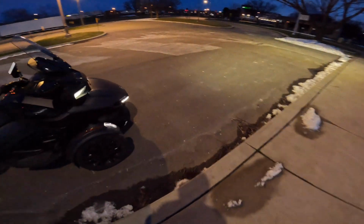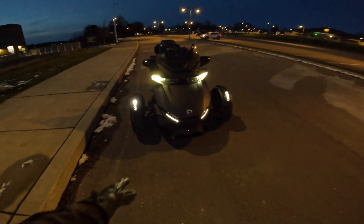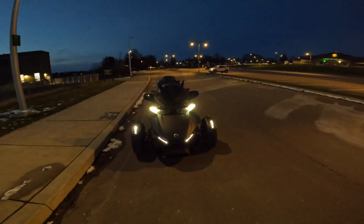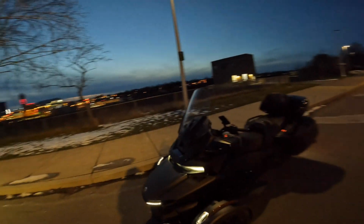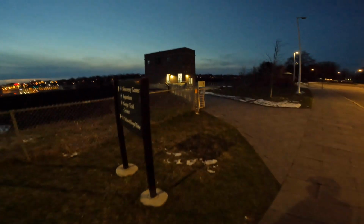Beautiful bike. I did not realize, I might have mentioned this on another video, that these lights came with the RT or the RT Limited, but I'm glad they do. I love it. So let's take a look at that Canadian skyline, and then we're going to go over Goat Island. It'll be a little darker by then, and I know the falls are probably illuminated. I'm not going to walk as far as I need to walk to show you the falls, but we're going to get up close to the upper rapids, and